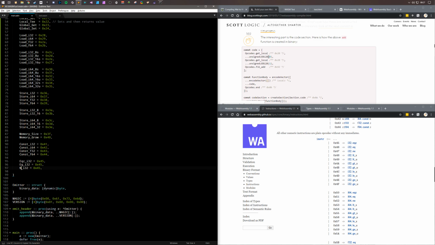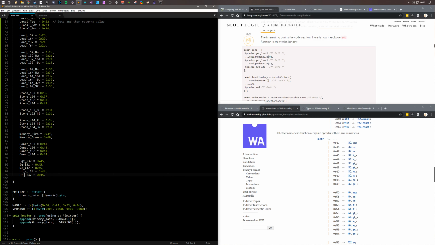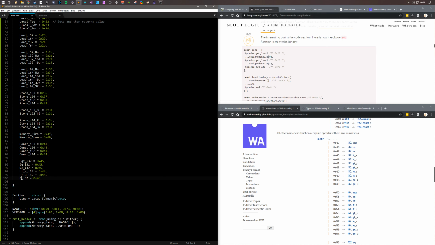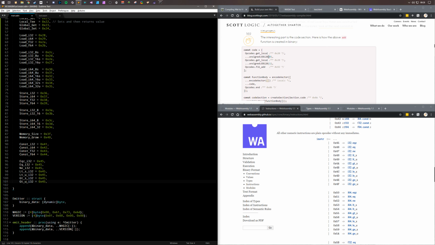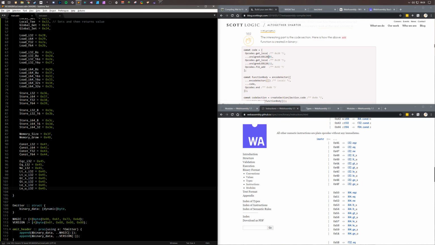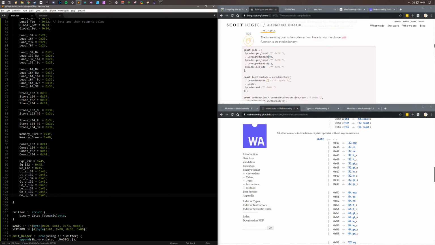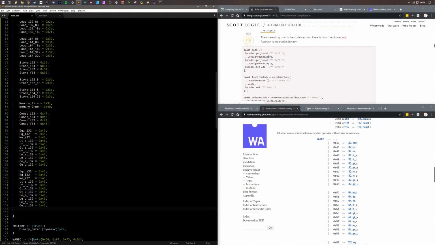Equal, not equal, less than signed, less than unsigned, greater than signed, greater than unsigned, less than or equal signed, less than or equal unsigned, greater than or equal signed, greater than or equal unsigned, with the different sizes there as well. Okay. I'm going to guess that they exist as well